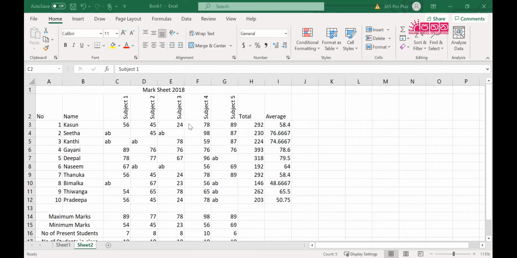Right. Okay. So let's start with formatting the other cells.